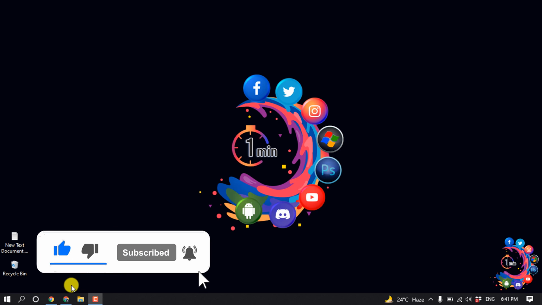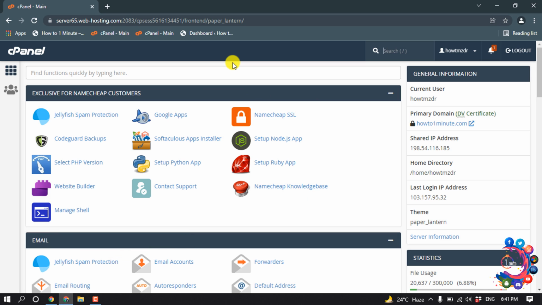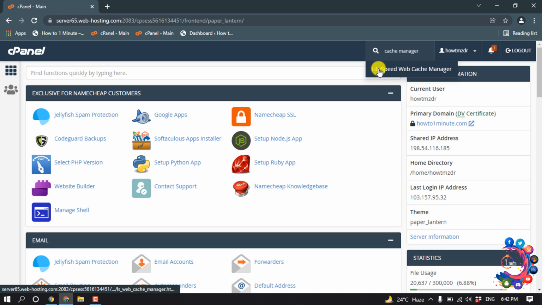So first of all, open your cPanel and in the search box search here cache manager, and then here you will find this option LiteSpeed Web Cache Manager. Click on it